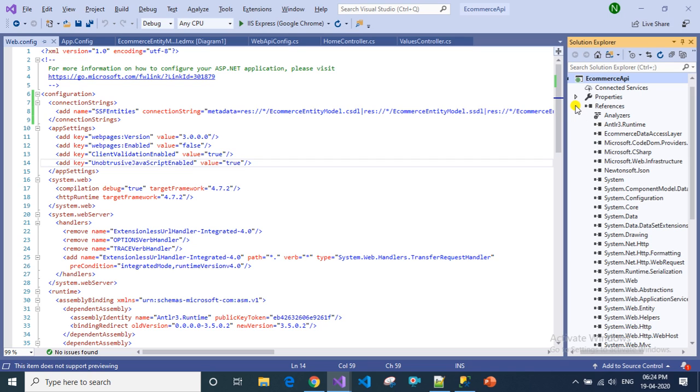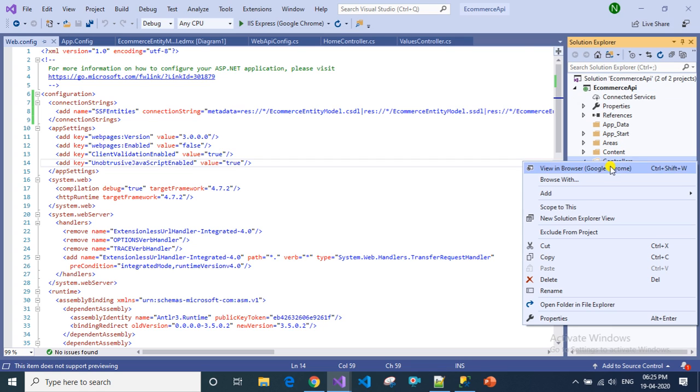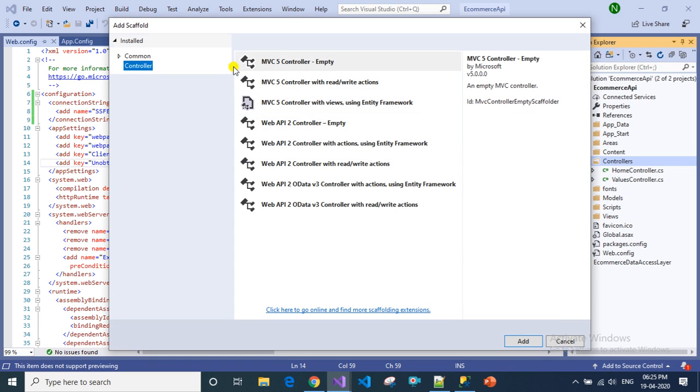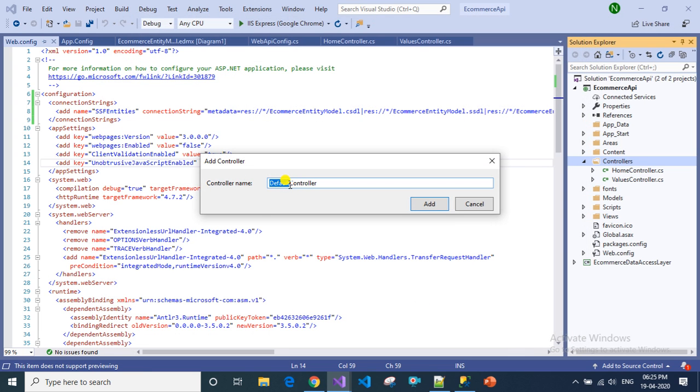Once this is done, we have to go to controllers and add our controller. We have various types of controllers here: MVC with read and write actions, etc. I am taking a Web API 2 controller empty. I'm naming it categories controller.